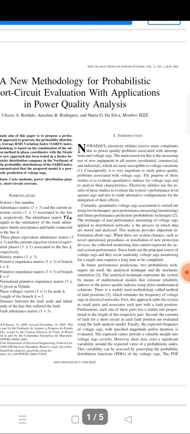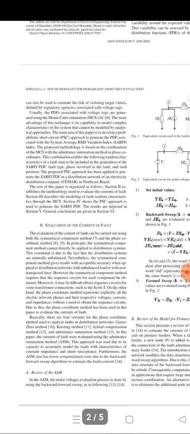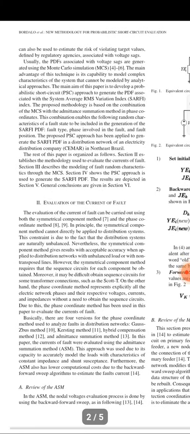The short circuit currents for each fault position evaluate the voltage sag with the specified magnitude and or duration. However, there may be significant variability around the expected value of the probability index. This variability can be assessed by generating probability distribution functions, PDFs, of the voltage sag. They can also be used to estimate the risk of violating targets defined by the regulator agency associated with the voltage sag. Usually, PDFs associated with the voltage sags are generated using Monte Carlo simulation,